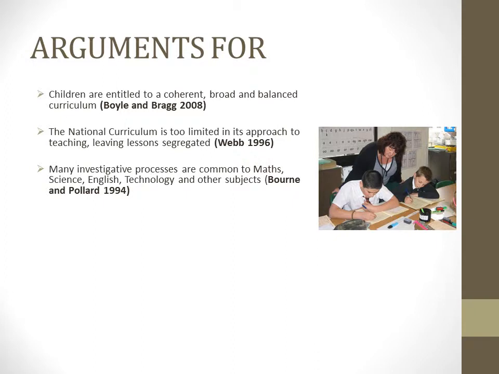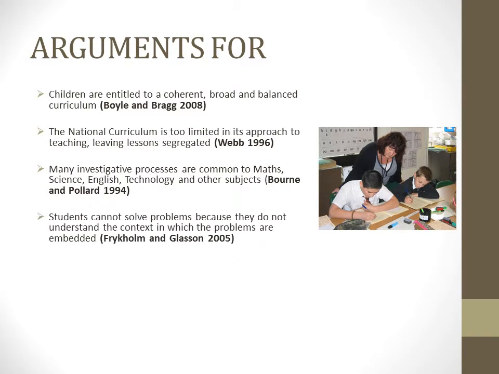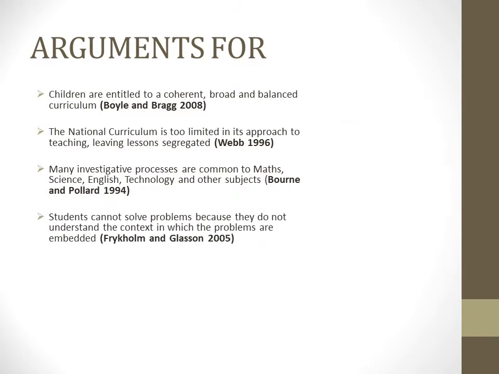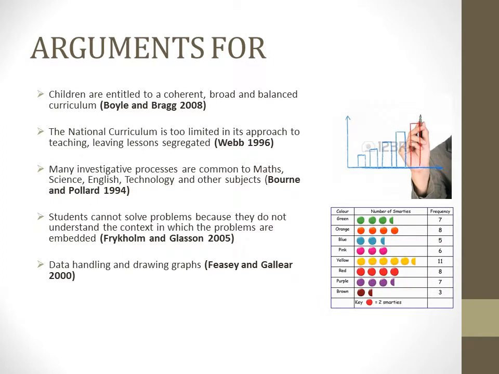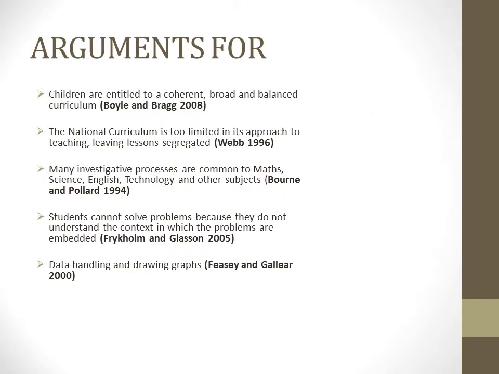One of the main arguments behind offering a cross-curricular approach to learning is that students often struggle to apply the skills they have learned because they do not understand the context in which these skills can be used. For example, in maths, students learn skills such as data handling and drawing graphs, but without real-life data, these skills lose meaning and just become another lesson rather than a skill that can be used in so many different avenues. By applying these skills in science, students get a context for the skill and therefore reason to apply and acknowledge this information.